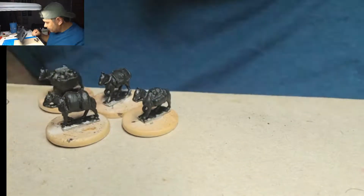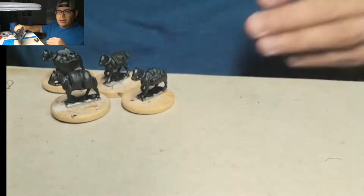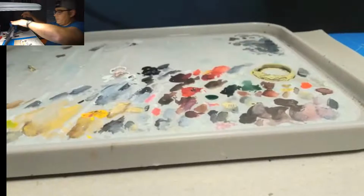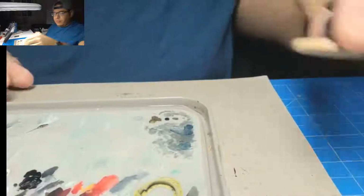So we're going to paint these up, and this shouldn't take long, but if you watch any of my videos, I'm not going to paint them haphazardly. We're still going to give them the respect they deserve, even though they're relatively small. So let's get this in the correct direction here. And I don't know how long I'm going to paint today, but we'll see. It all depends on,